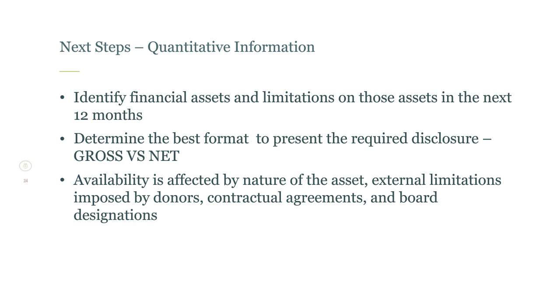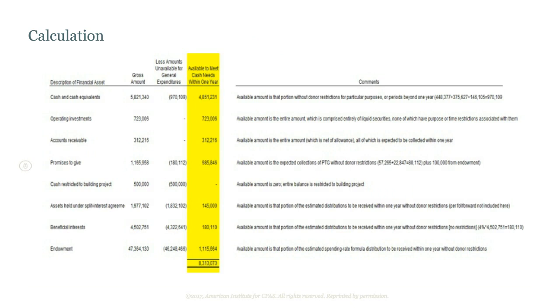This is a sample of a worksheet that you could start using or could be used as a starting point. You can see down the left-hand side of this worksheet, it lists the various financial assets that you would probably identify in your statement of financial position. Then for each line item, you should consider any limitations that you have on those assets. For example, your cash account balance might have some restrictions related to it. You may need to have cash set aside for a letter of credit. You may have received a contribution that's for a building, and so those amounts wouldn't be available to be spent